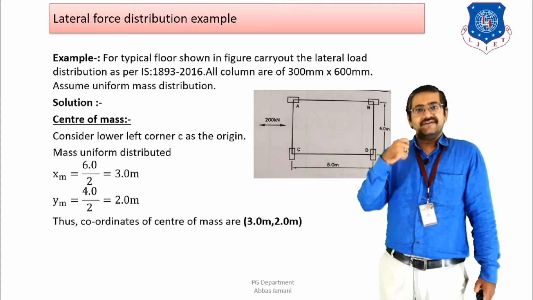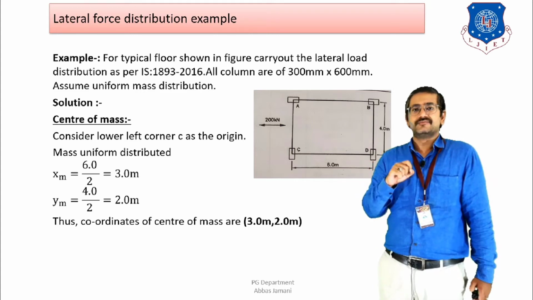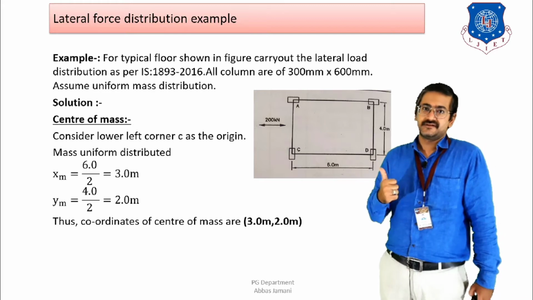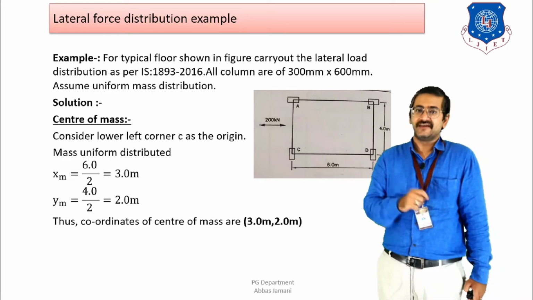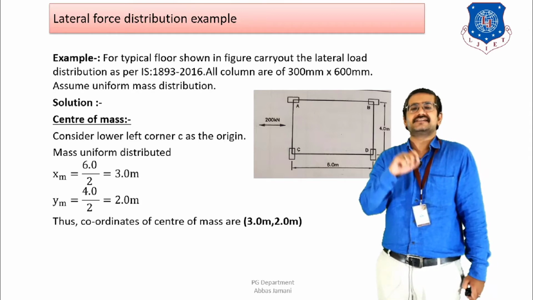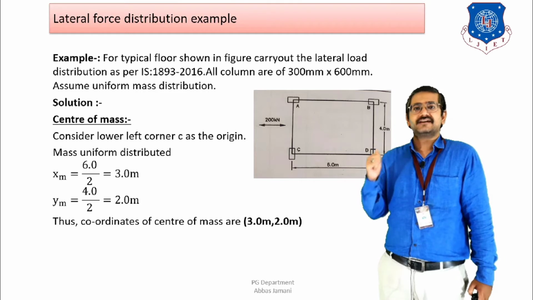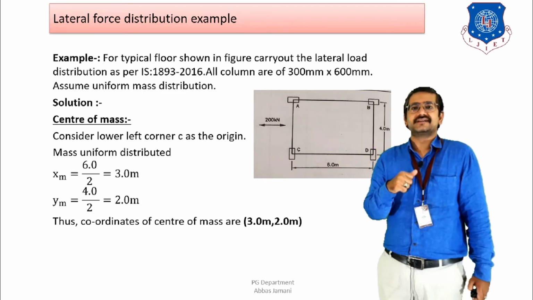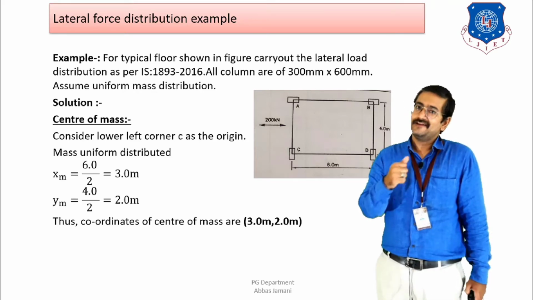So when I talk about 12 EI by L cube, then I can say 12 E and L cube is going to remain same, or it is going to be common in all the 4 columns, right. However, there is going to be one change, that is going to be the change in the value of I. So that is why I can say that stiffness is going to be directly proportional to I, right. So I will calculate the center of stiffness based on the value of I, and I for a rectangular section, that is moment of inertia for a rectangular section, is given by BD cube by 12, right.